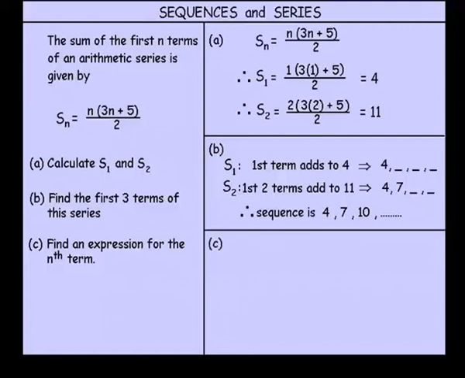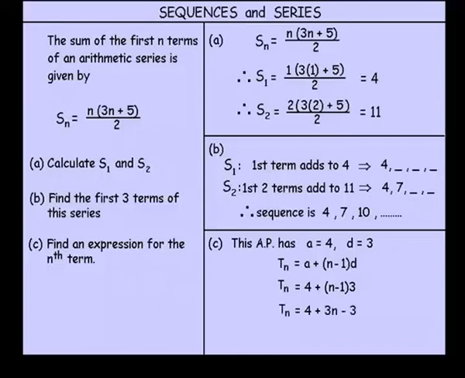Very good. Part C, our final part. Find an expression for the nth term. Well, this is an AP. It's got a is 4, the first term's 4, the difference is 3. So there's our formula for the nth term. So we simply write Tn equals 4 plus n minus 1 times 3, and that simplifies. Once we expand the brackets, we get 4 plus 3n minus 3, and finally